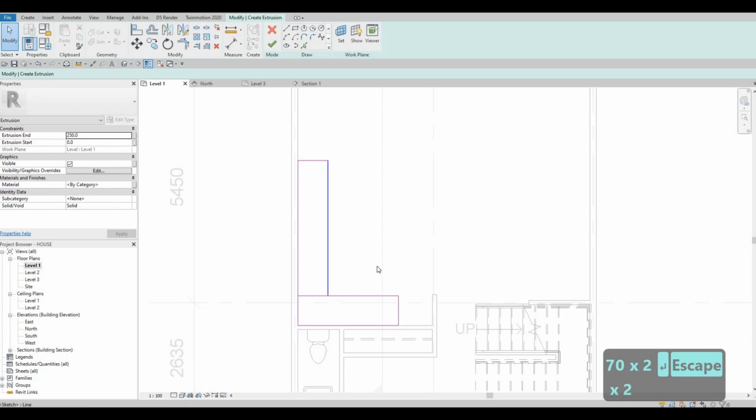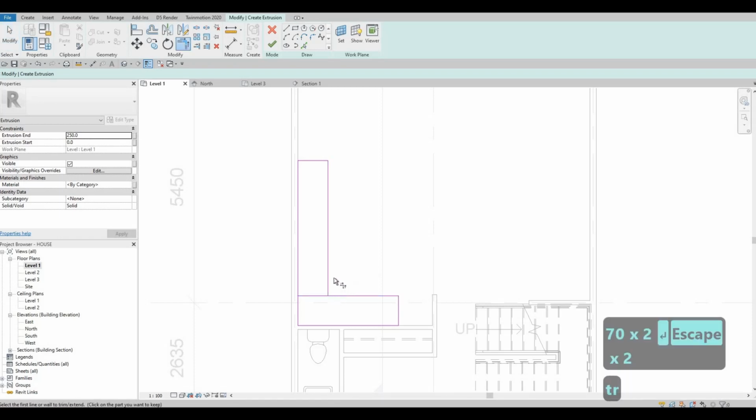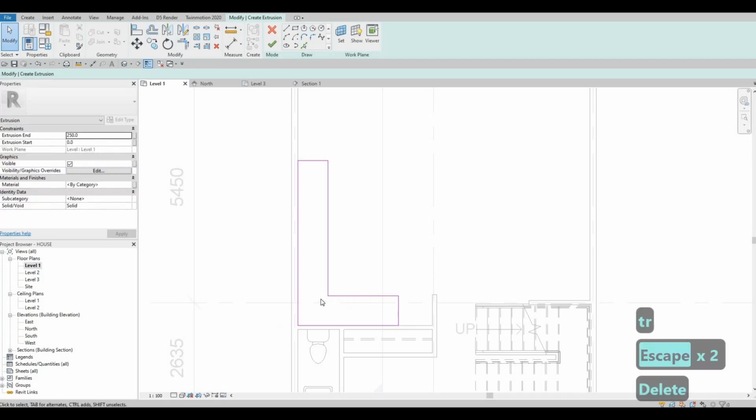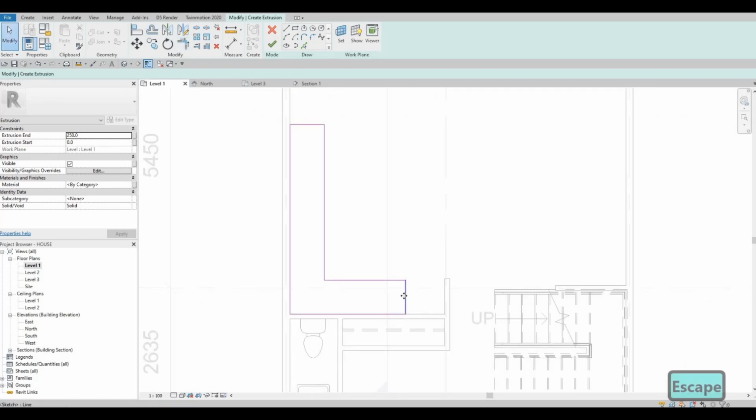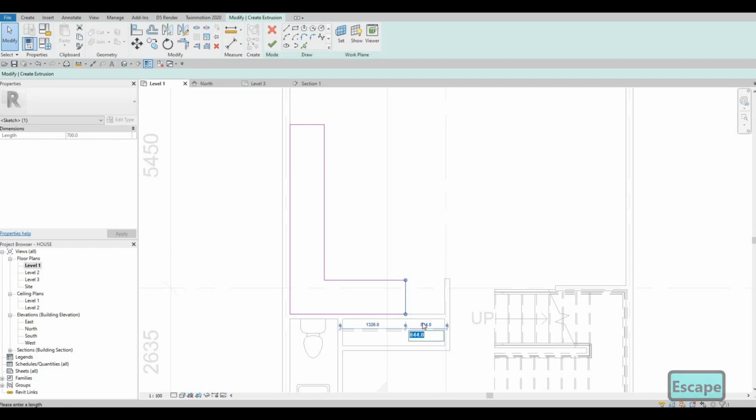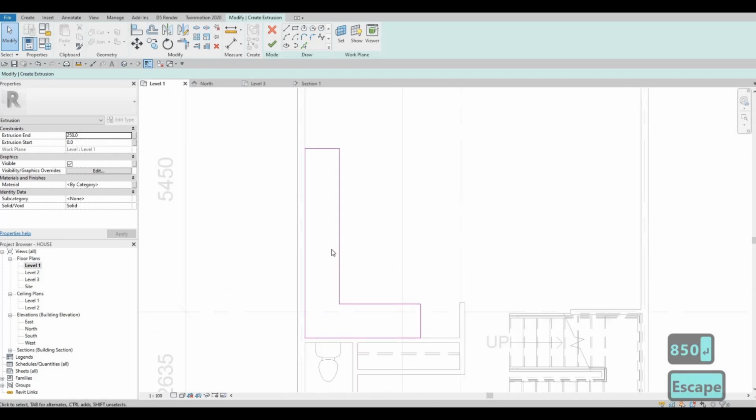And then once we have our L shape, we can now trim and then delete the middle. So now we're set. We could delete this and then trim it properly so that we don't have overlapping as well. So here we could give it around 850 from this wall. And then now